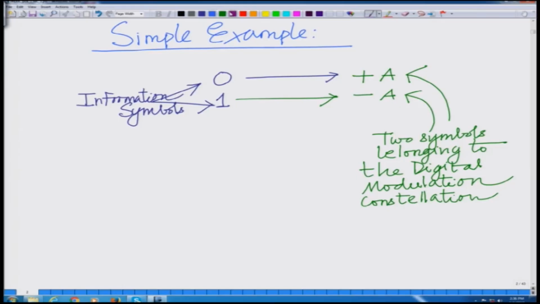So, this constellation comprises these two symbols, plus A and minus A, which differ in phase. The amplitude of both of them is the same, that is A; the phase of one is 0, the phase of the other is 180 degrees. So, we have two different phases, it is a binary phase constellation. This is known as a binary phase shift keying constellation. It is one of the simplest constellations. We will look at several others as we proceed through the various modules. So, this constellation is termed as BPSK,